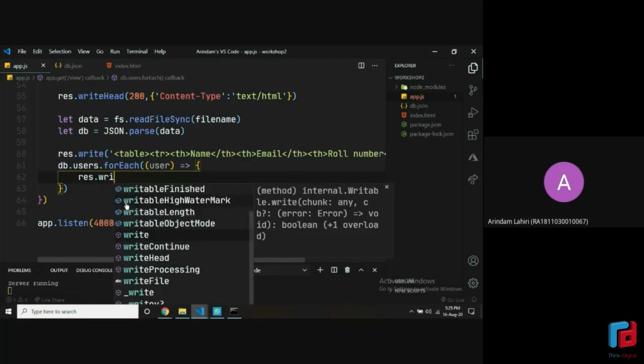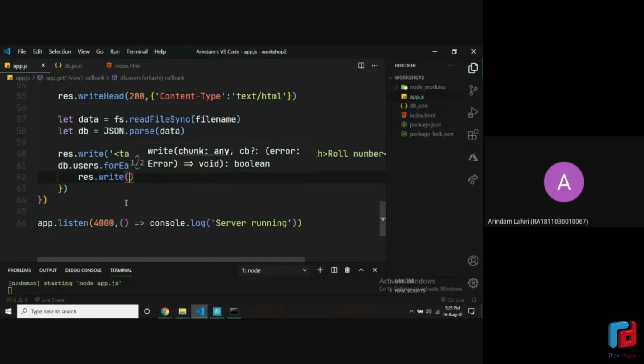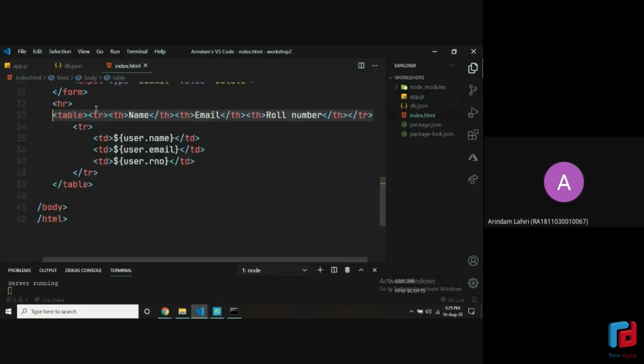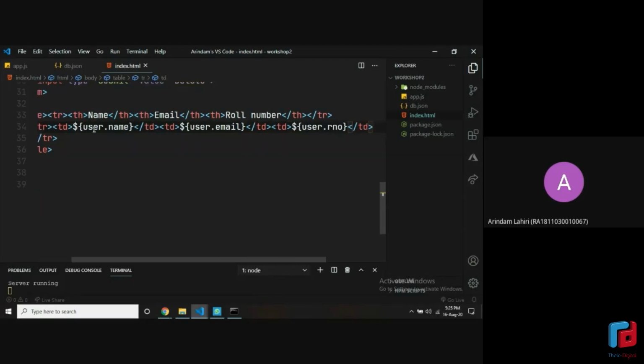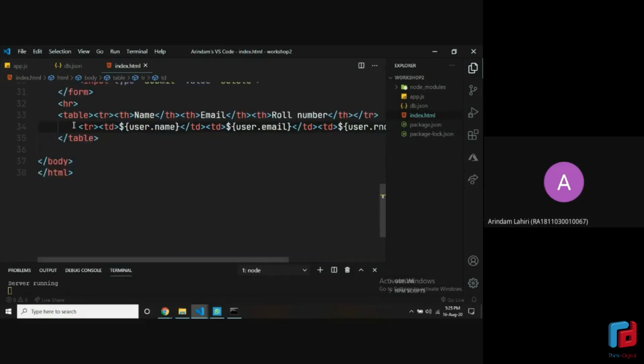And write another res.write. This time, instead of using quotes, use backticks. This is the first time we are using them. Backticks are basically below the escape key and right next to your number 1 on your keyboard. Make sure it's not a single quote, it's a backtick. We'll be needing this. I'll be explaining why we need this in just a second. Now again, this tr from beginning to end, just cut it short. Remove all the line breaks that we have. All right. And just copy this line also.